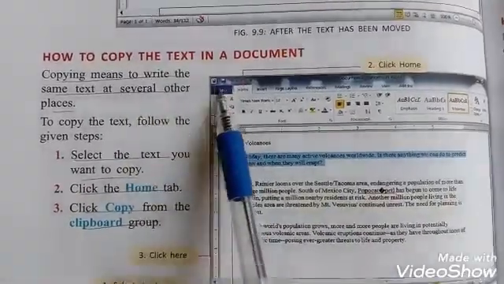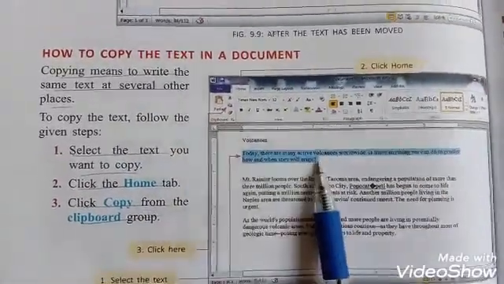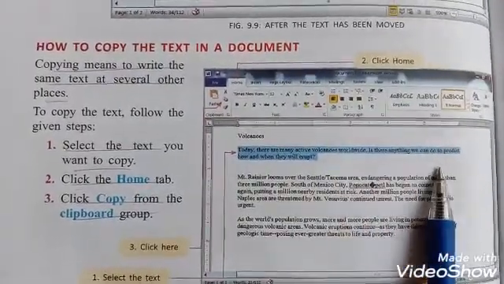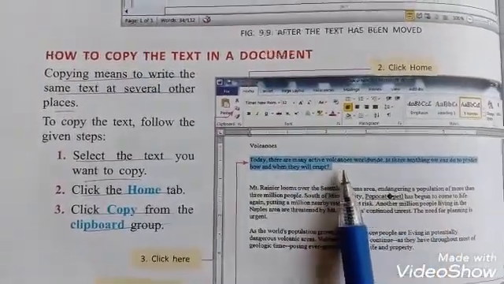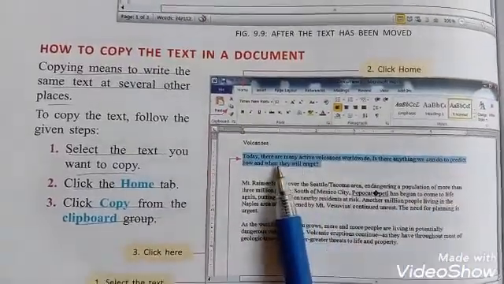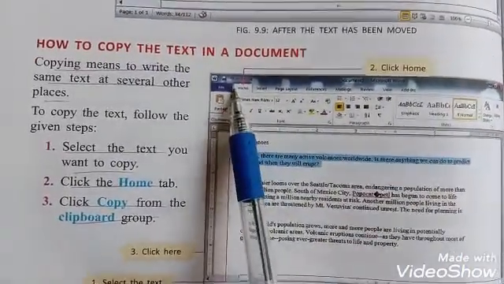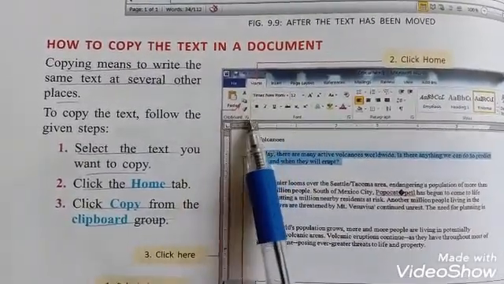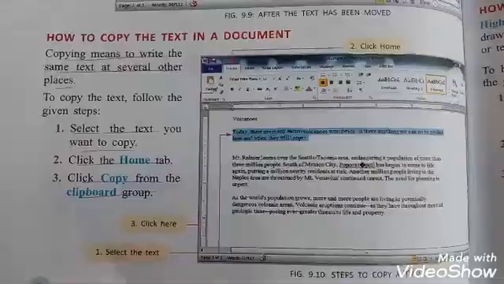How to copy the text in a document? Copying means to write the same text at several other places. To copy the text, follow the given steps. Select the text which you want to copy, and then click the Home tab on the ribbon. When you click the Home tab, this ribbon appears.